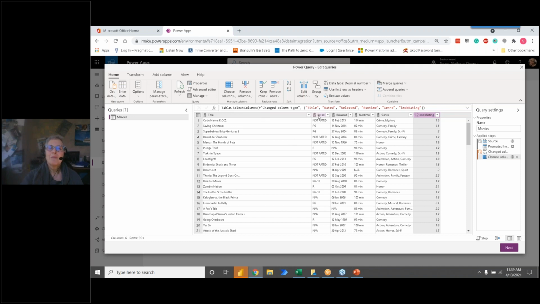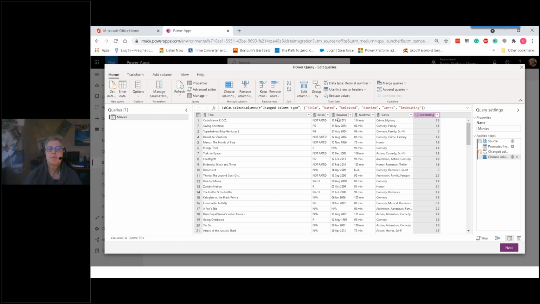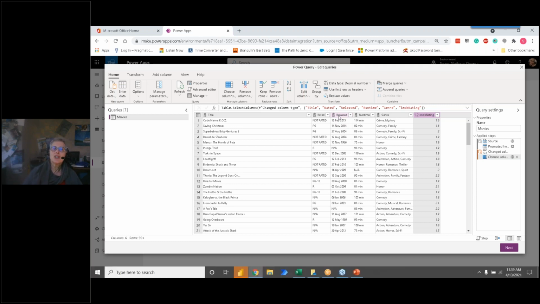But if you look at them, there's some stuff in here that I want to change. So for instance, this is a date. You can see it's a date, but it's got a text type. So I want to change it to a date type. And in this interface, I showed you the menu ribbons, but what I didn't show you is there are a lot of context menus.